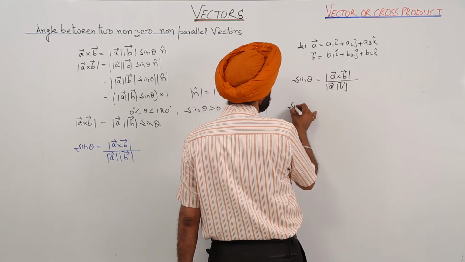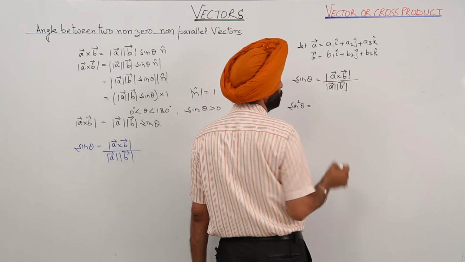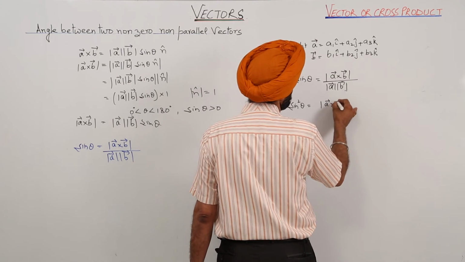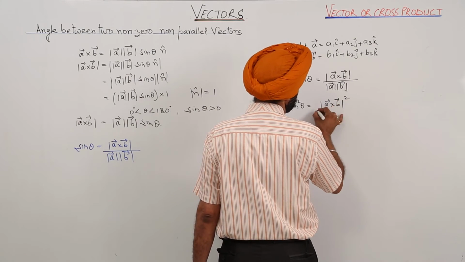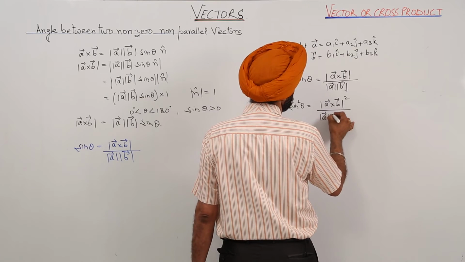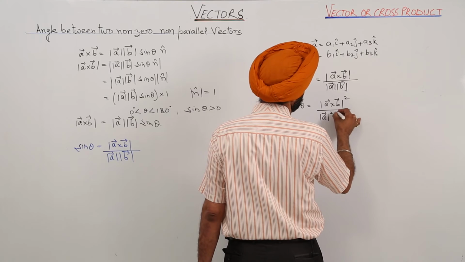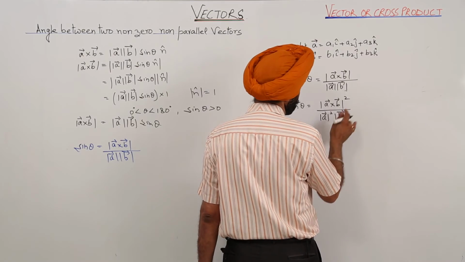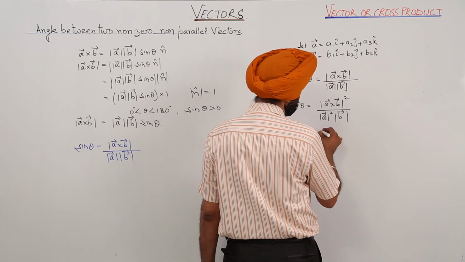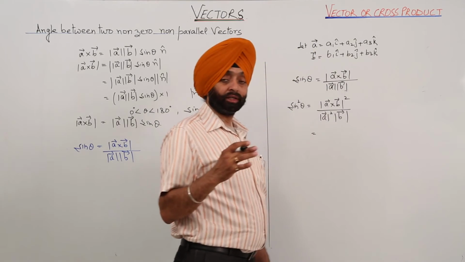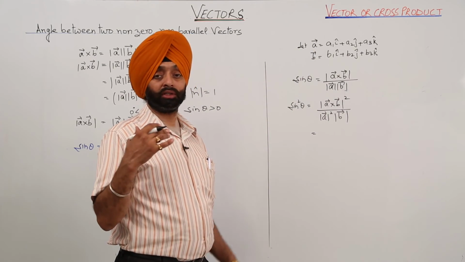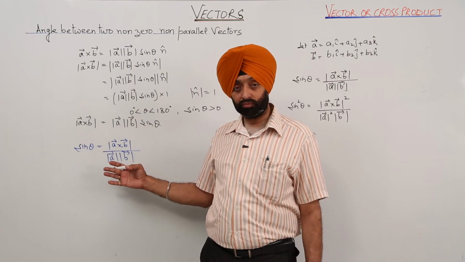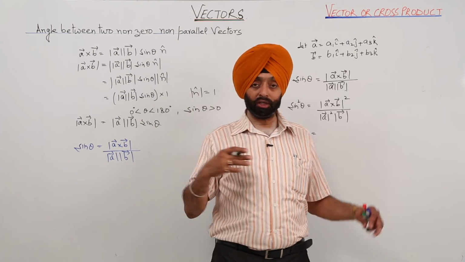Now sin square theta will become something easy. Sin square theta is modulus of vector A cross B square upon modulus of vector A square, modulus of vector B square. Now for A cross B, by the determinant we have done what the result for A cross B is. You can directly put the result for A cross B here, magnitudes of A and magnitude of B, or we can do it in this method.